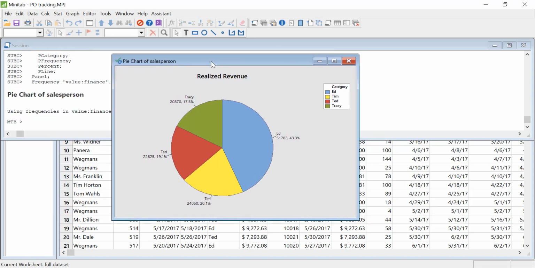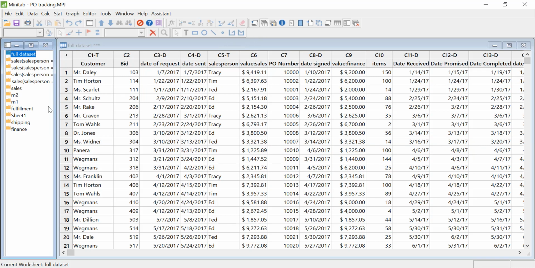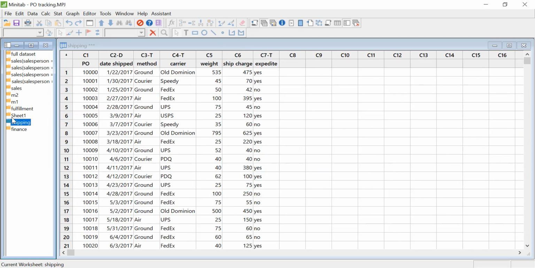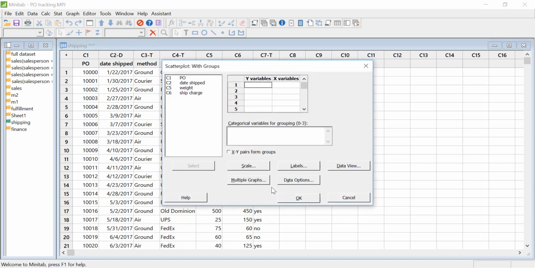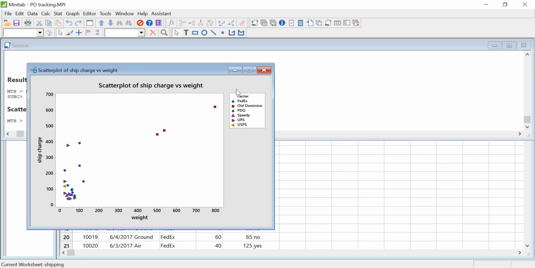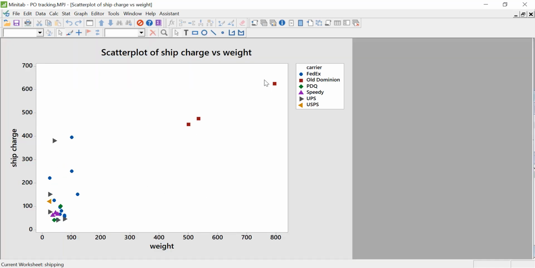Now, the shipping department manager is also interested in what they can learn from their data. So let's make the shipping data active, and let's take a look at a scatter plot, and we'll include groups in that scatter plot. We're interested in the shipping charge on the y-axis and the actual weight of the shipment on the x-axis, and we're going to group that by carrier. And what I end up with is a scatter plot that kind of shows a lot of data down here